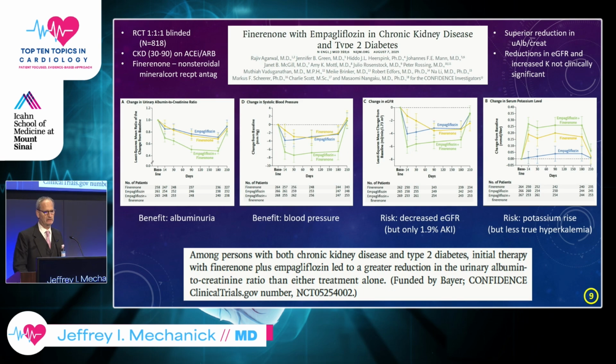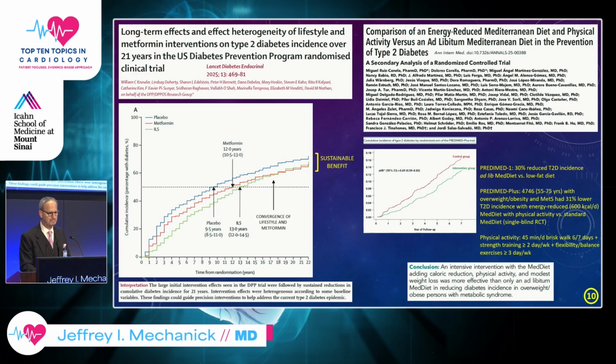This is an interesting study looking at chronic kidney disease in patients with type 2 diabetes. A lot of us, our common practice is maybe to add an SGLT first, think about finerenone, and sort of do them in a stepwise pattern. Here's a study looking at introducing both of them at the same time, initially, and showing some benefit in terms of blood pressure and GFR in microalbuminuria. The potassium elevation was there. It was a little bit, it wasn't statistically significant, but this was, I thought, a very interesting study and something that may impact some of your practice patterns.